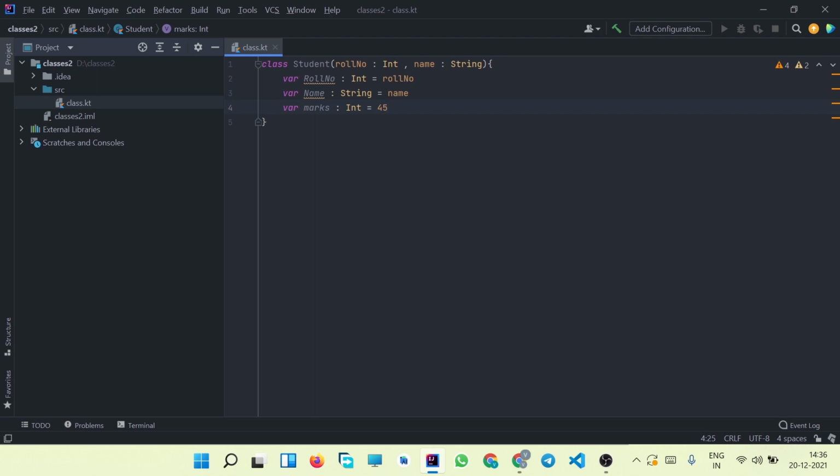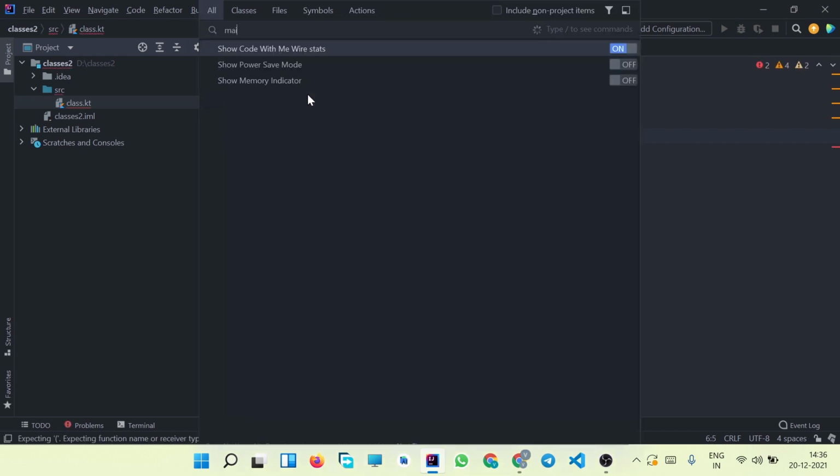If we don't initialize or update some value, by default it is going to have the value 45 inside this variable, and if we try to print it in the main function, it will always print 45 if we don't initialize or update its value in future. So now let us try to instantiate this class in the main function.